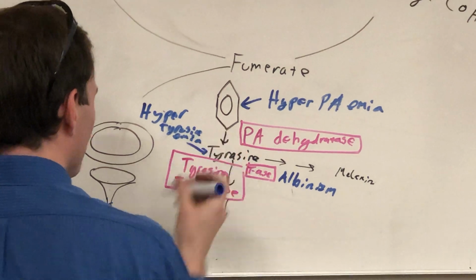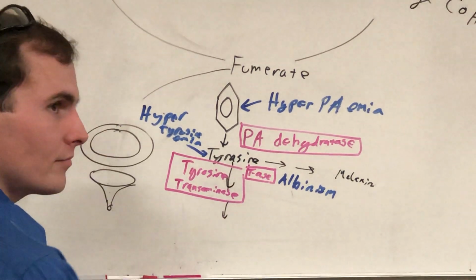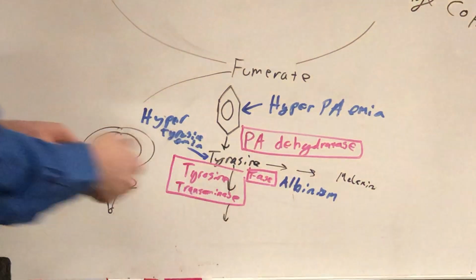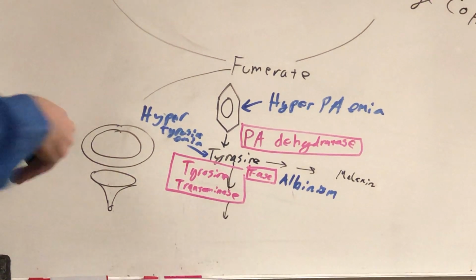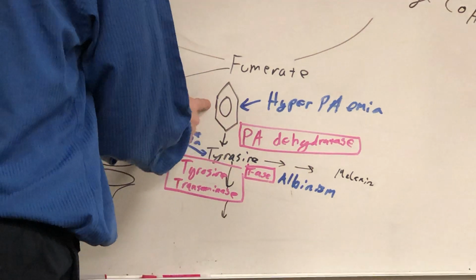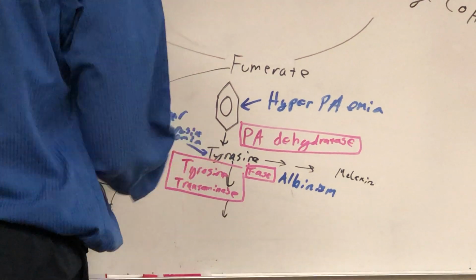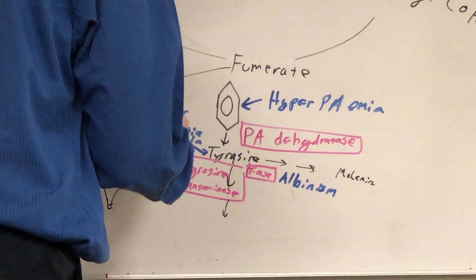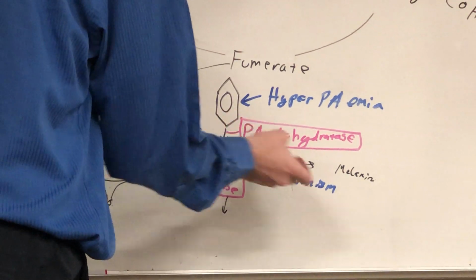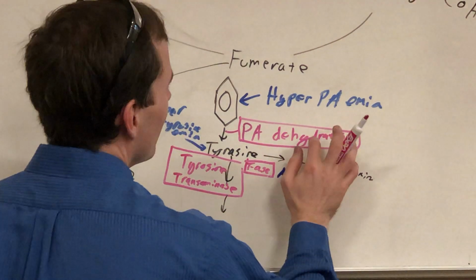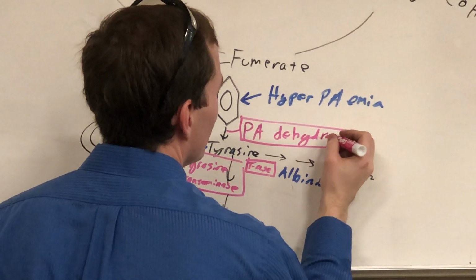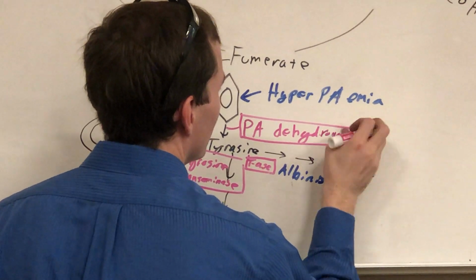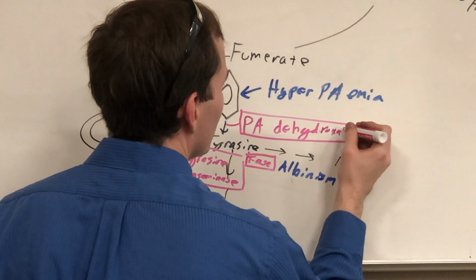Hypertyrosinemia. Where's this PAD hydrogenase? Oh, it is in between the phenylalanine and the tyrosine. Okay, because we have it as phenylalanine hydroxylase. Hydroxylase? Yeah. And that hydroxylase was important to only call it. She didn't want us to call it anything else but that, even though there can also be